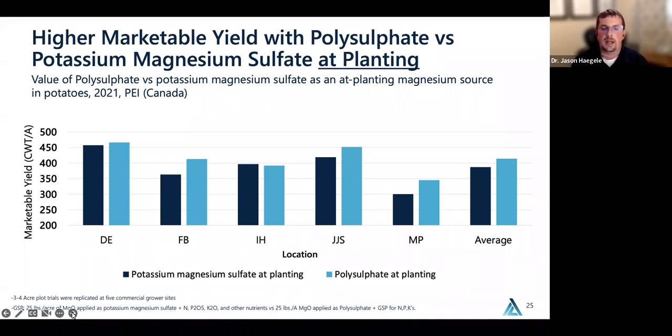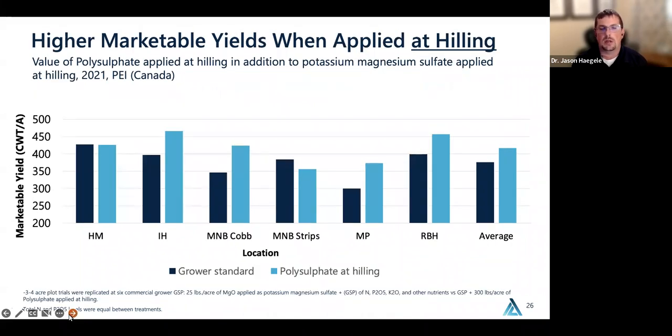If we go on to the next slide, similar locations, but we also looked at the application of polysulphate at hilling, so as an in-season application. In this particular set of treatments, the consultant actually applied potassium magnesium sulfate at planting, again at that rate, to supply 25 pounds per acre of magnesium oxide equivalent, but then came back later with 300 pounds per acre of polysulphate applied at hilling, and we still saw an increase in marketable yield across many of these locations from that in-season